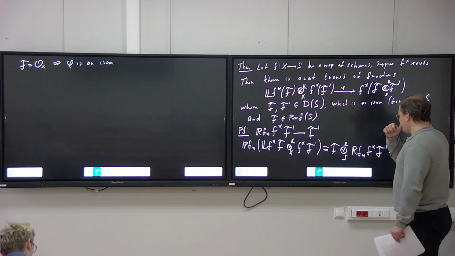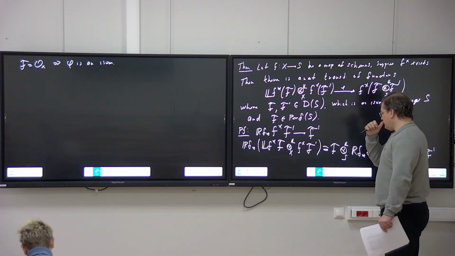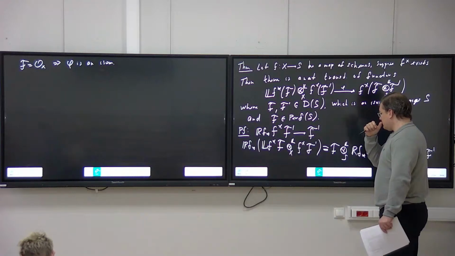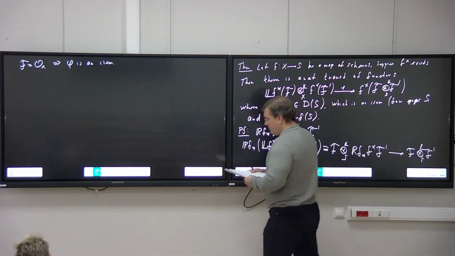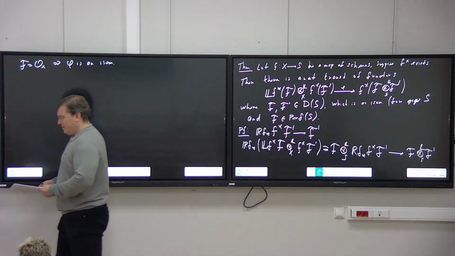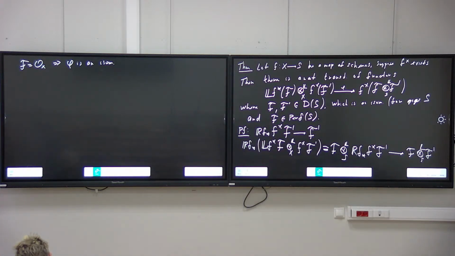Well, for the projection formula, I think we need several conditions. Yeah, you're right. So here for the projection formula, we need something, and maybe there have been some missing conditions that I didn't formulate in the statement, right? Because in the projection formula, I think one of the things I was using in the proof is that the Rf lower star commutes with coproducts, right? And so maybe